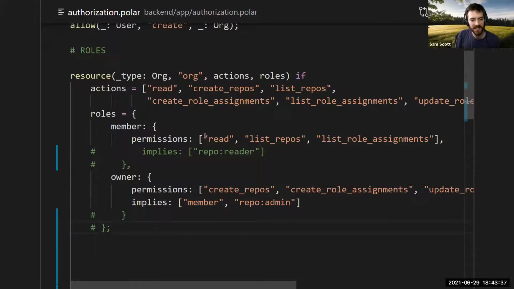So this is the core idea of the role-based access control model, right? It breaks down to this data, basically. Actually, I shouldn't say data, because that's maybe mixing up with what I was talking about earlier. The application data in this case will be this assignment of users to roles: John is a member of the Beatles organization. Whereas the authorization model of roles says, if you have a role and the role is allowed to do a thing, you can do this thing. And that's what's being captured here.